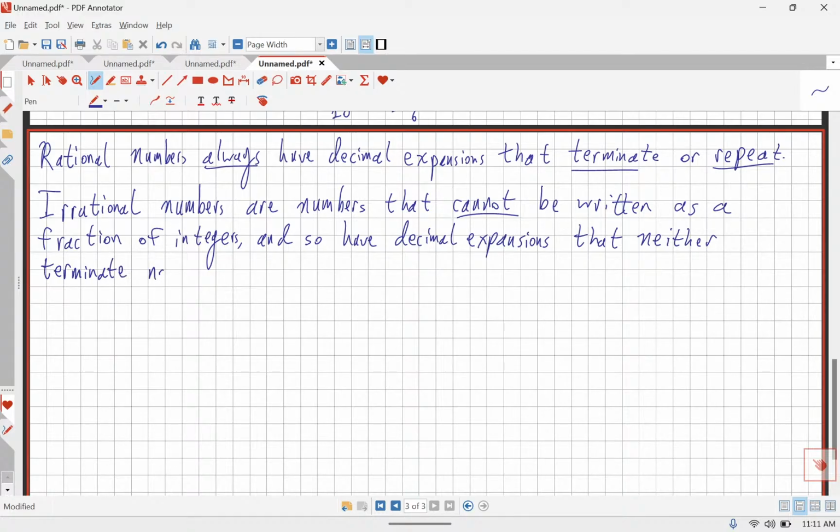Whew, kind of a lot to write. I apologize. Irrational numbers are numbers that cannot be written as a fraction of integers and so have decimal expansions that neither